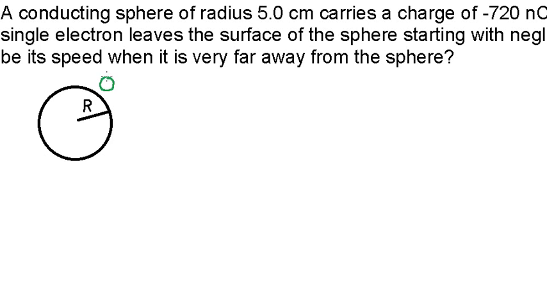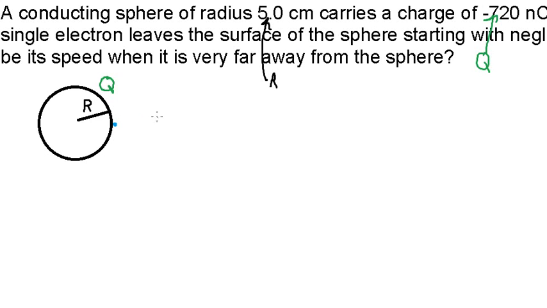Okay, I'm going to say the radius of the sphere is capital R, and this has a charge of 720 nanocoulombs, which I'm going to call Q. So this here is Q, and of course this is R, capital R. Radius. Okay, so now we have an electron, and the electron is going to start here,